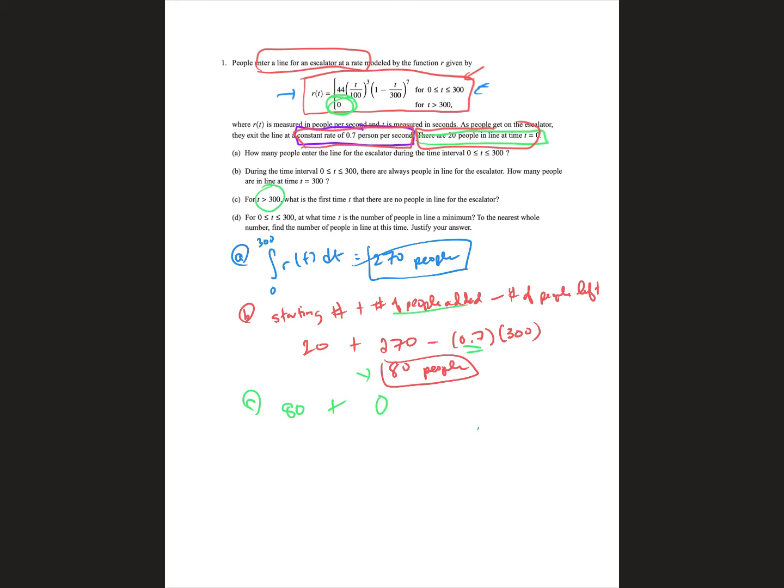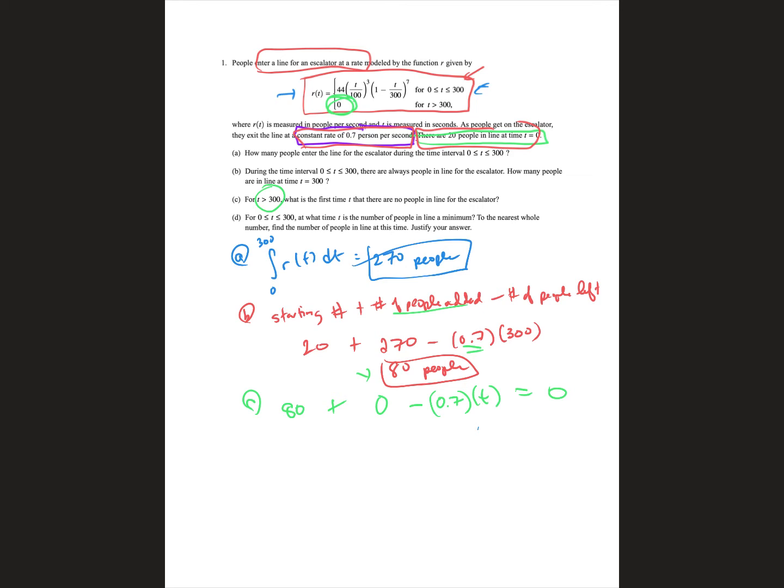So what we want is to know how long it's going to take, if 0.7 of a person per second leaves, for that to go to 0. Now that's just like a straight up linear problem to solve. I think if you move the 80 to the other side and divide by negative 0.7, you're going to get,